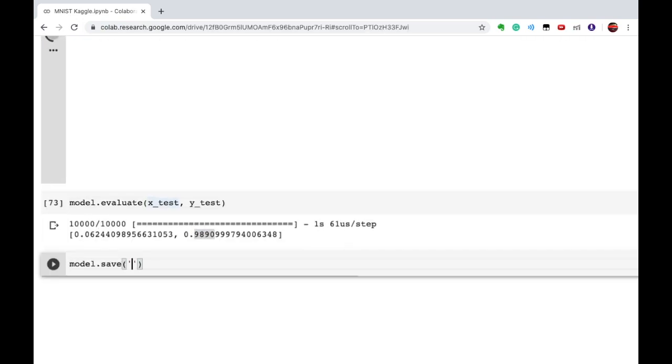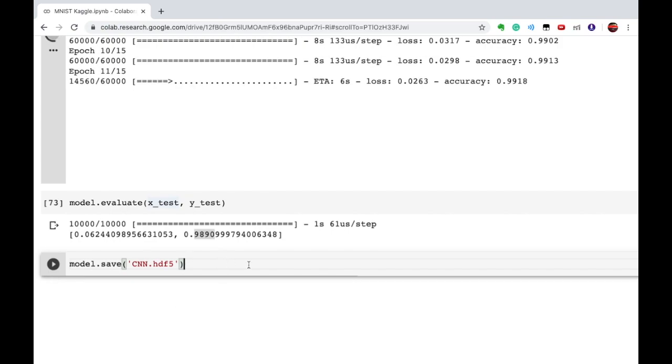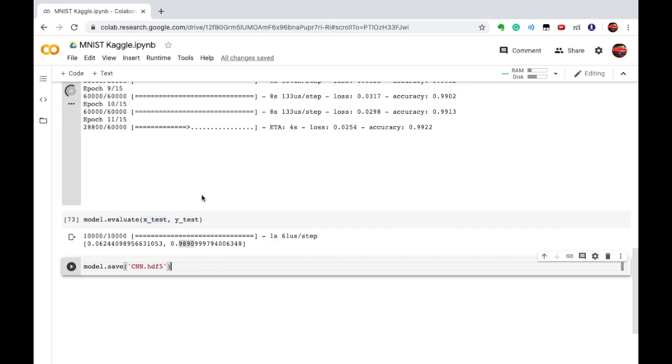So let me save the model, and to save it we are using the model.save function, with a file name with the hdf5 extension. I can also call it cnn, because it's a convolution neural network. After it is done, I'll execute this so that our model gets saved.